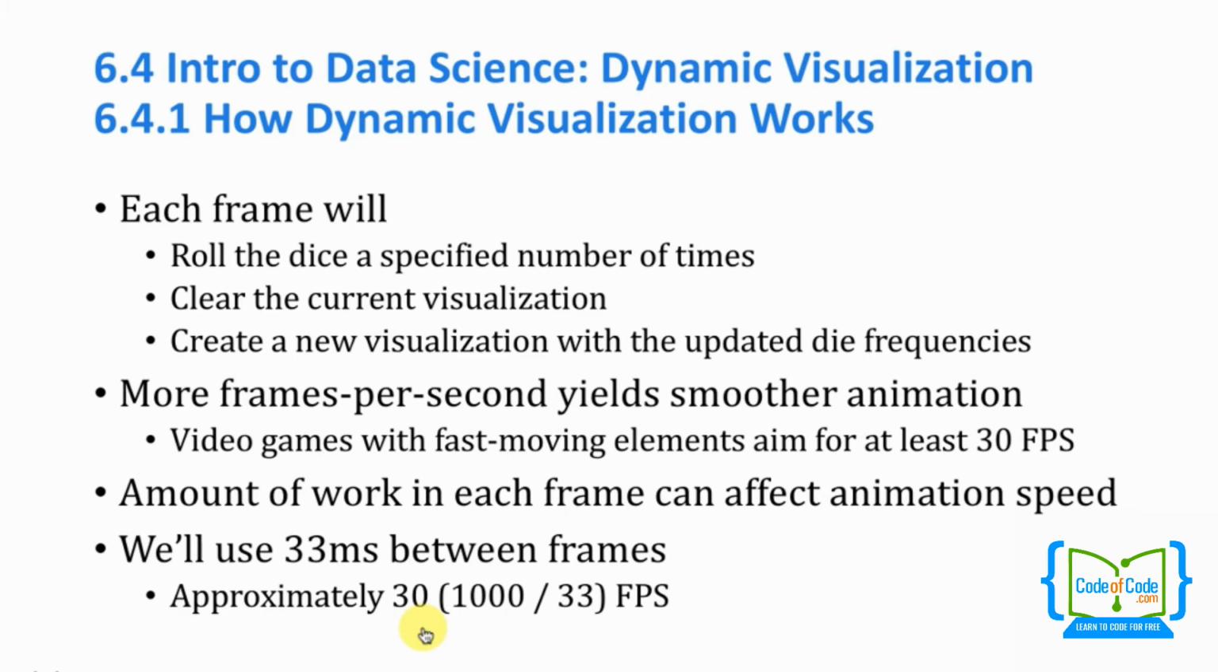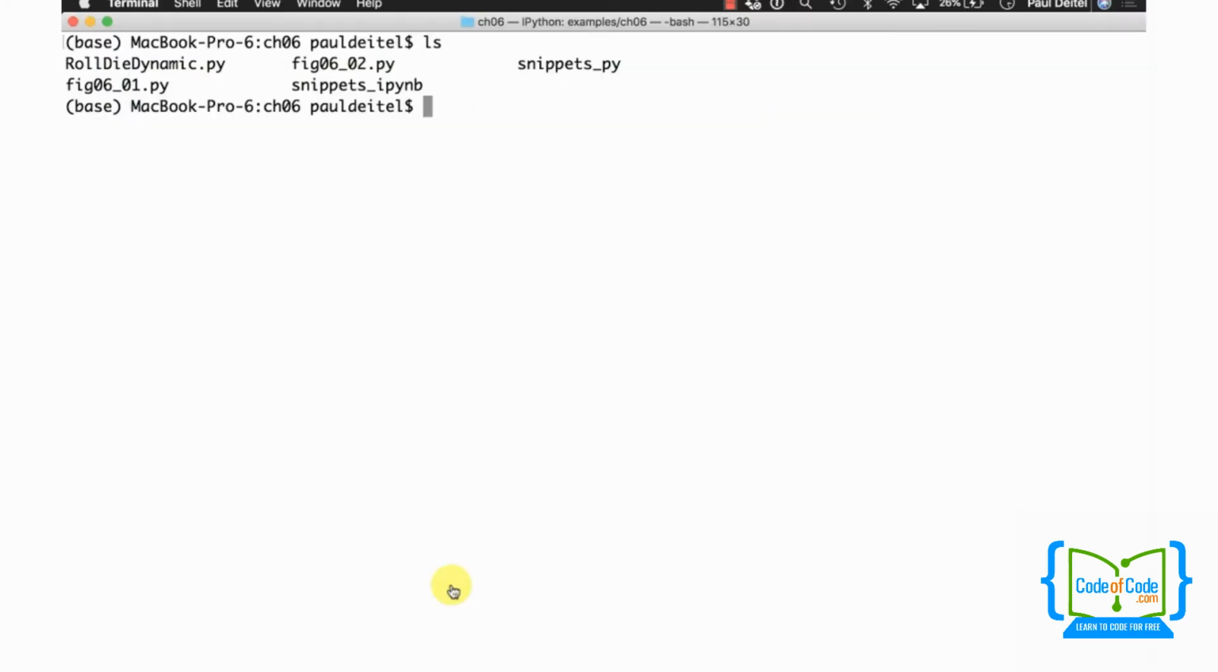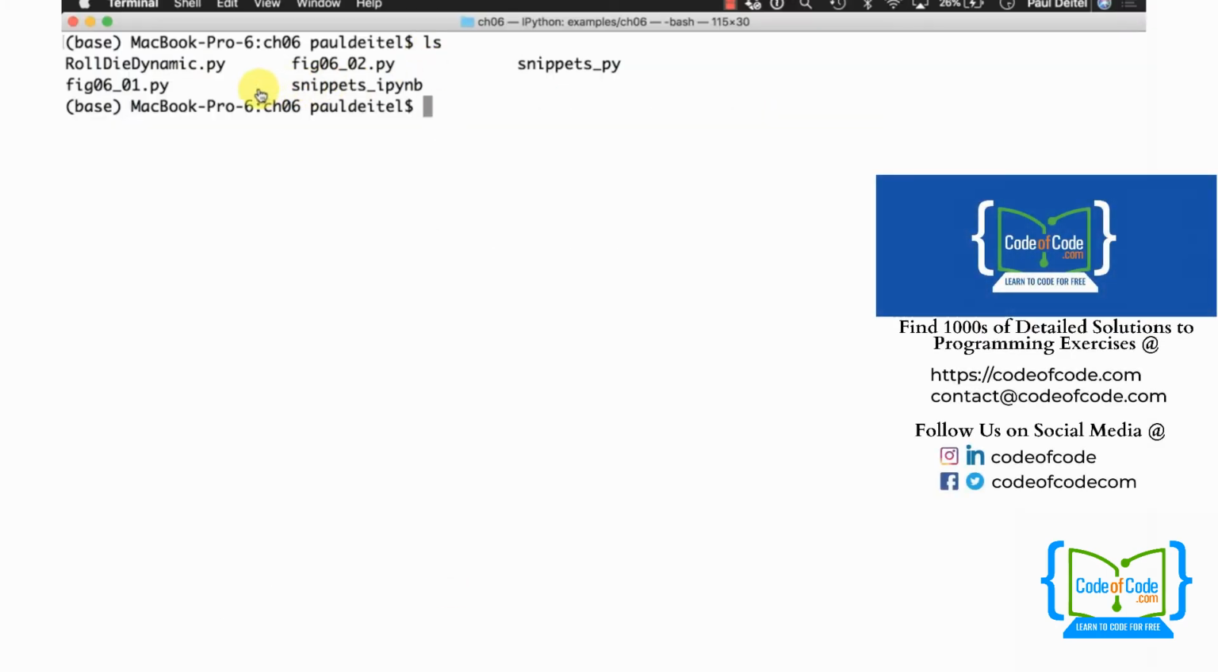So let me switch over to a terminal window here. You can see I've listed out the contents of my CH06 folder, which contains all of the code for the lesson we're currently talking about, and the script that we're going to look at starting in the next video is defined in the roll die dynamic .py file. So if I would like to run this file, I'm going to go ahead and type IPython followed by the